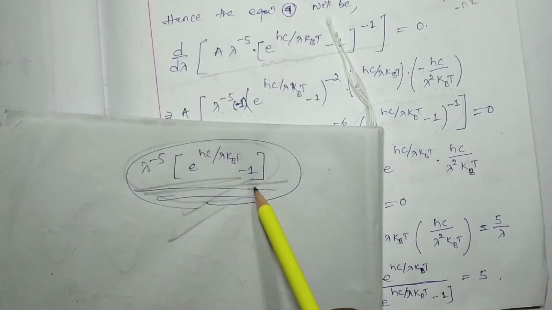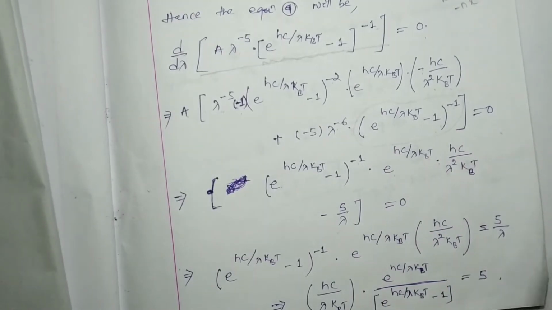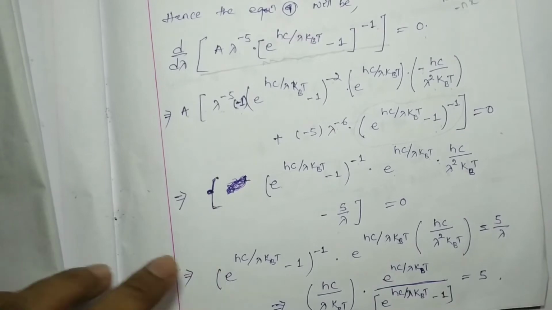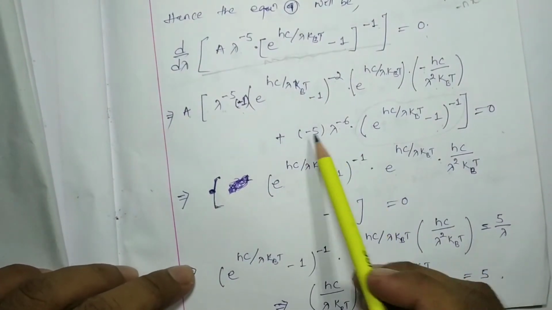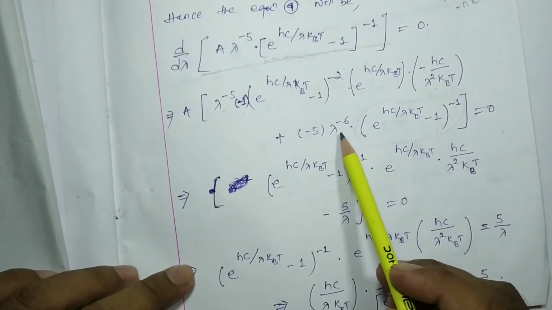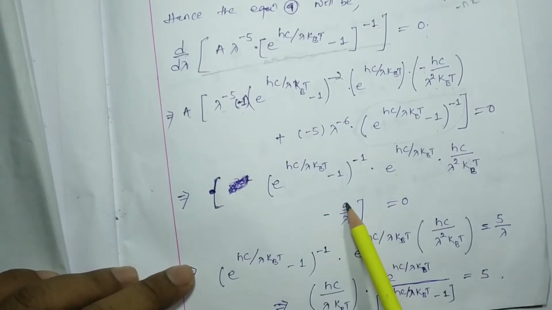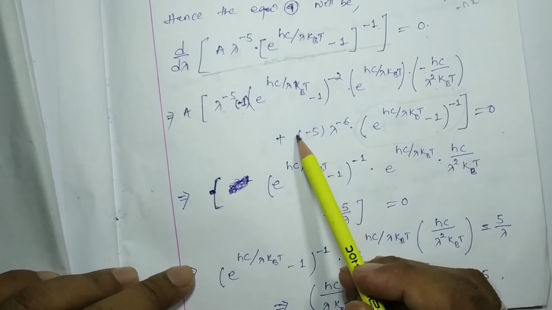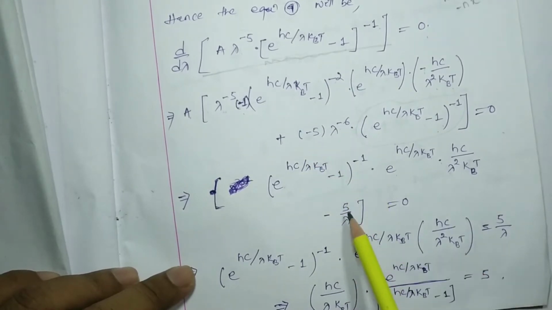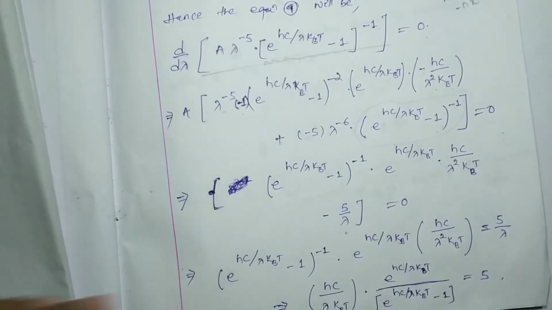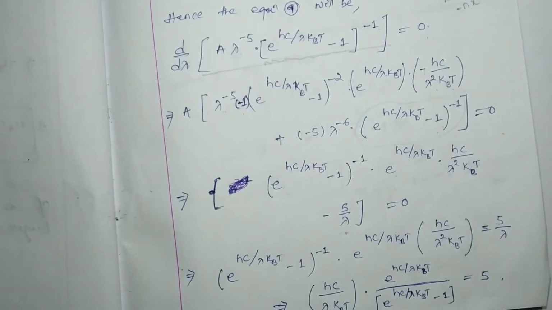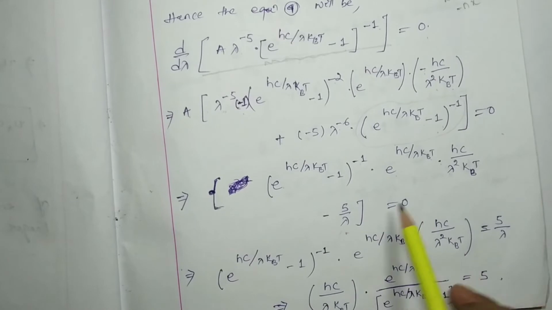Okay, if you want, you can write it in your note itself. Okay, no problem. And the second term will be here minus lambda to the power 5, and this term is already taken common, we only get 5 minus 5 into lambda to the power minus 1, that is minus 5 by lambda. Let this be your equation number 0. Sorry, it is equal to 0.